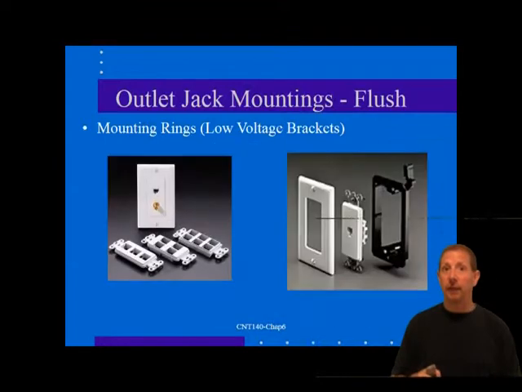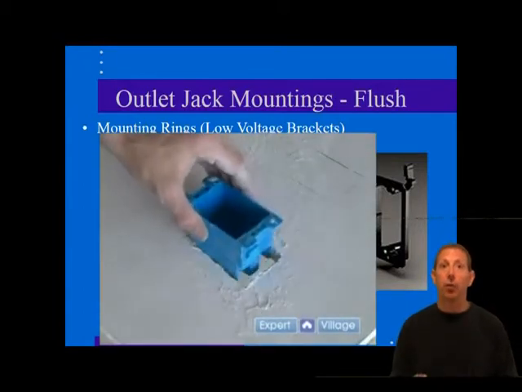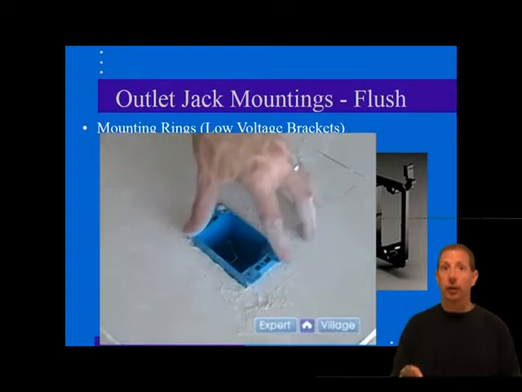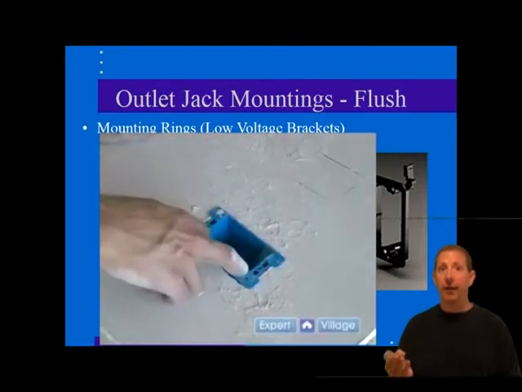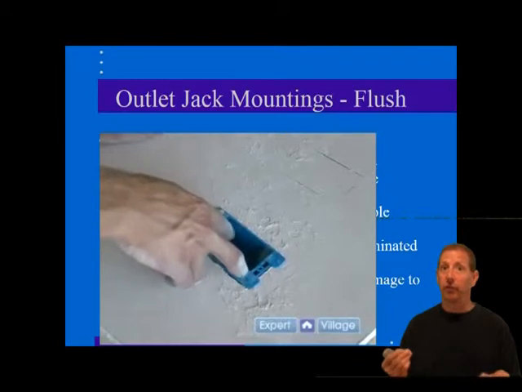The top and bottom edges of the ring have mounting holes to which the mounting screws of the outlet attach. Now, mounting rings for post wiring are also available, and these rings have flexible metal fingers at the top and bottom of the opening that are part of the stamping. Now, a rectangular hole of an appropriate size is cut into the wallboard. Then the mounting ring is placed into the hole until it is flush with the wall. The metal fingers are bent around the hole and then back against the rear surface of the wall to secure